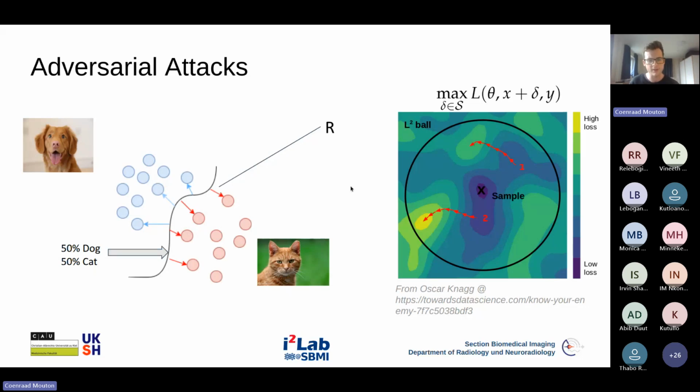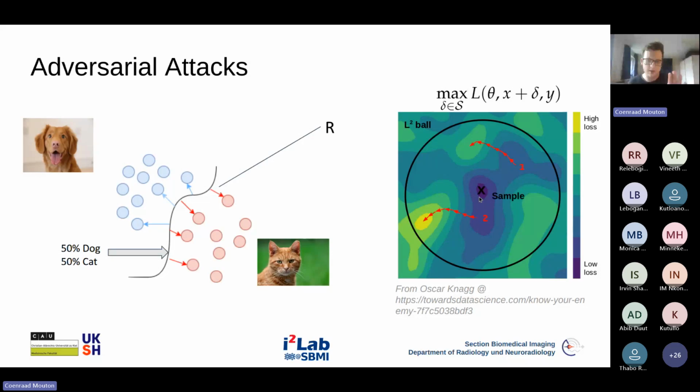So how it works is we take one of our samples, say this one, and then we put it here in the middle. So this X here is our sample. And then we define some small ball around the sample. I'll come back to this ball in a moment. What we're visualizing here is the loss landscape for this neural network in the region of the sample. So this is in the input space.